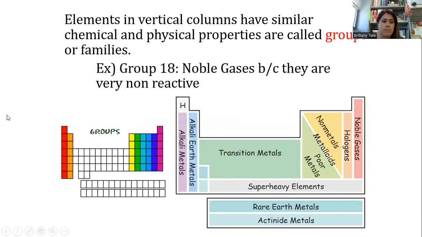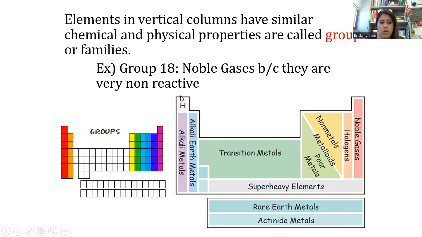So this is the periodic table, and elements that have similar chemical and physical properties are arranged in groups. So if you look here, the purple ones all would have similar chemical and physical properties. Same in the blue, same in the orange, same in the red. So the groups, which are vertical, oh my goodness, I've been saying horizontal, so these vertical columns are called groups.